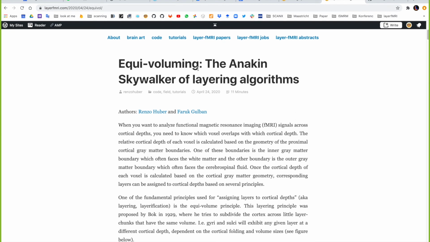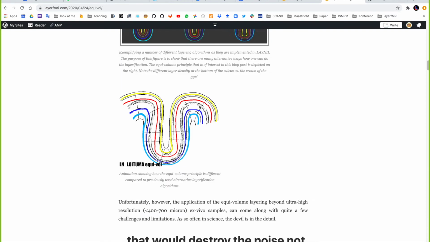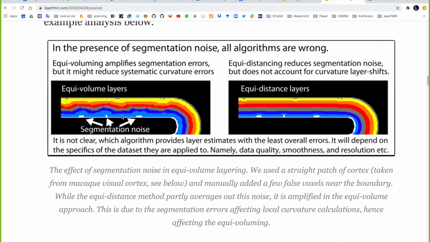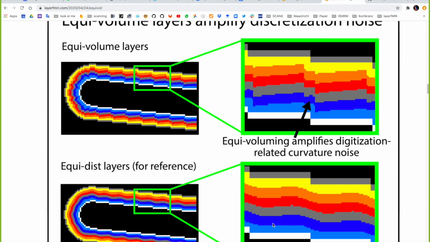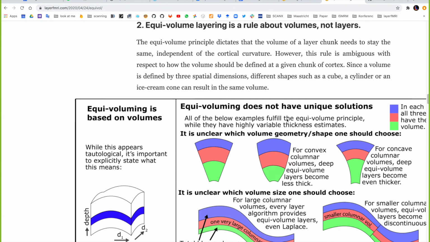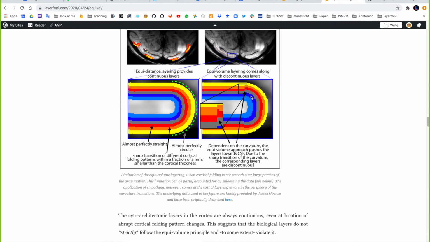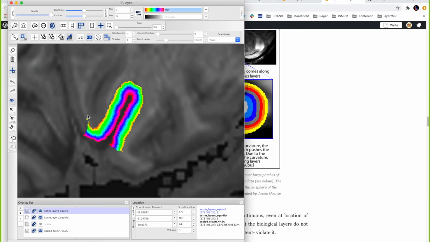But we have it in there anyway, because theoretically it's closer to the ground truth, but it also has a lot of trouble. Namely, it amplifies noise. For example, if you look at the equivolume and equidistant layers, the equivolume layer amplifies segmentation noise that we have. It also amplifies these voxel steps that we usually have. And it is not really well defined how you define the volume that the layers should be equally distributed across. And then sometimes, as we see in this data set too, if I zoom in,